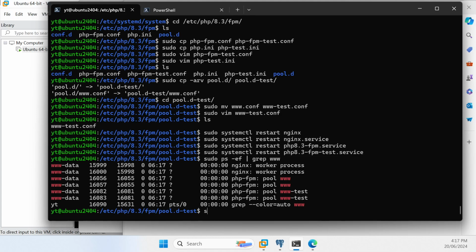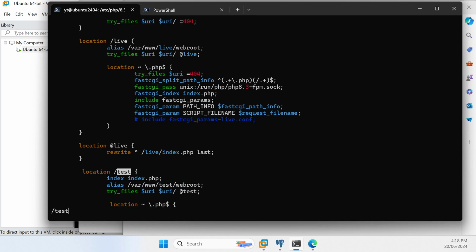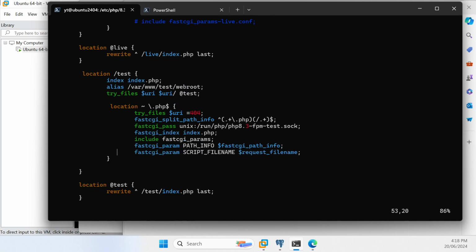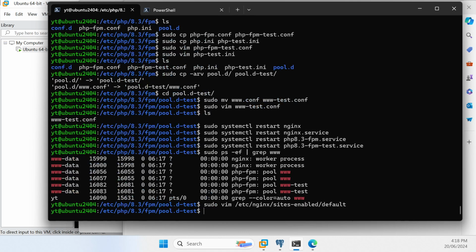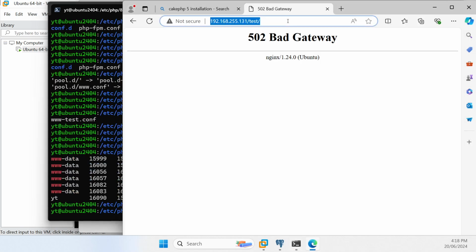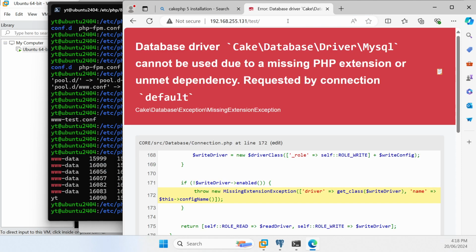But just looking at the test environment, if you go nginx, sites-enabled, default, and have a look at test, you can see that here the FastCGI is using a test socket, and it's completely separate from this default PHP FPM socket. Right, let's have a look in a browser and see if we get something other than bad gateway. So now we get a complaint that the database driver can't be used